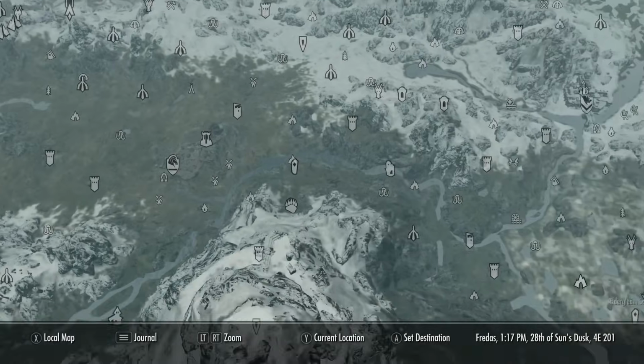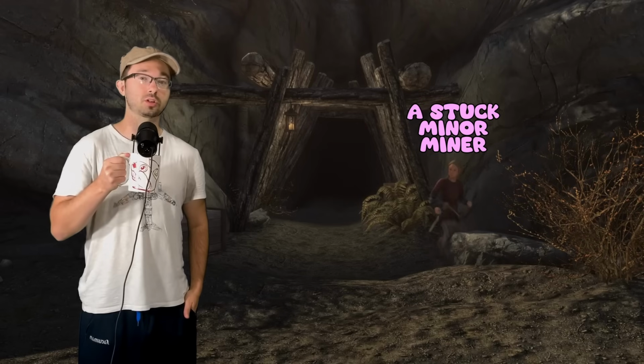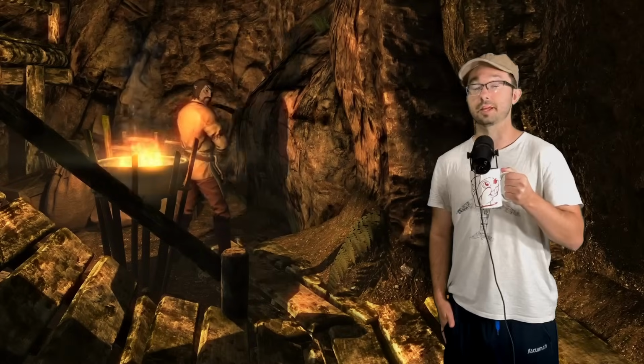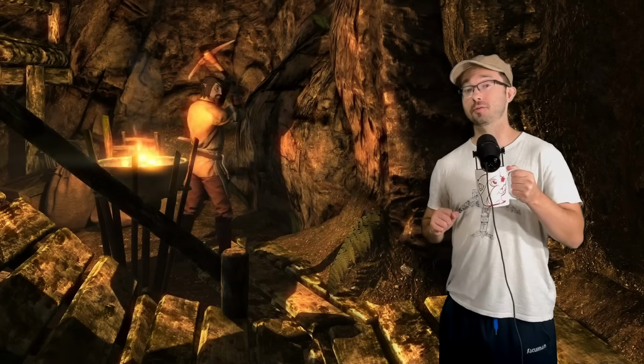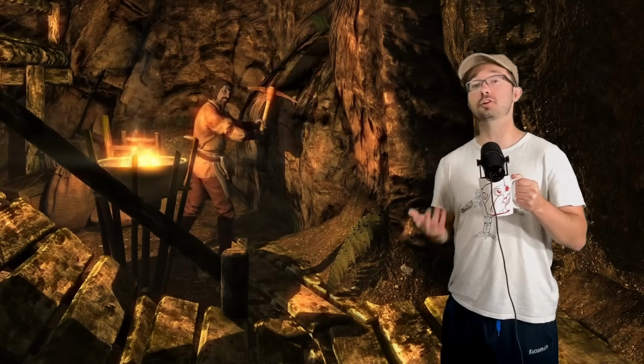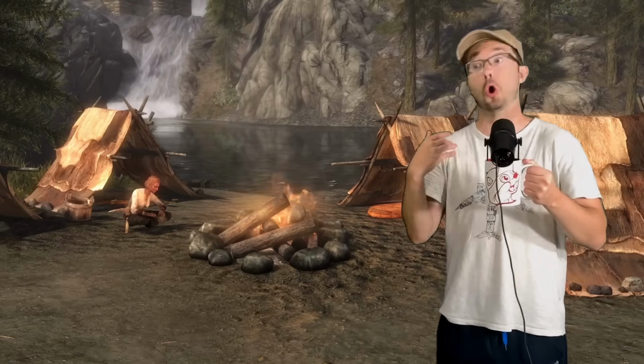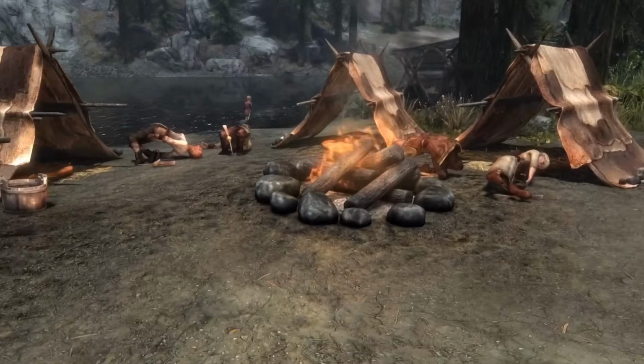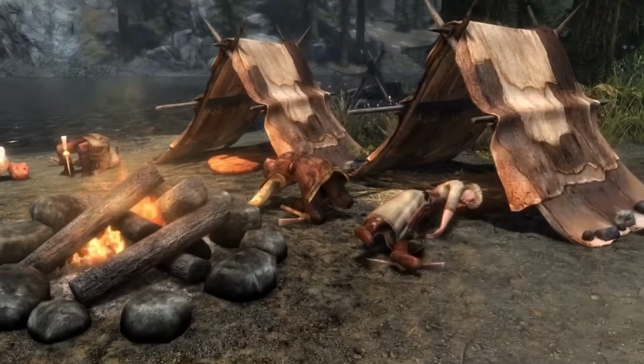So instead, they must be importing it from the east in the Golden Rock mines, as it is the nearest mine with corundum ore deposits. And unlike Embershard mines, it's not run by bandits, but instead by the nearby settlement of Darkwater Crossing. So the corundum shipments are probably a lot more consistent, since they're not constantly being slaughtered by the Dragonborn, unlike the bandits. Okay, maybe I struck down a few of the settlers in a parallel universe, but in the main